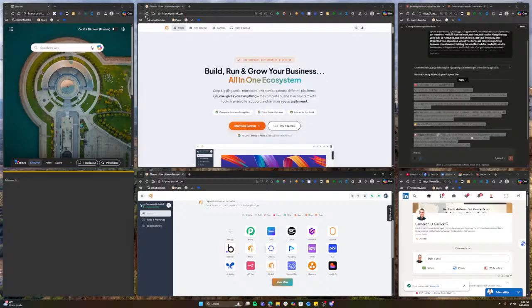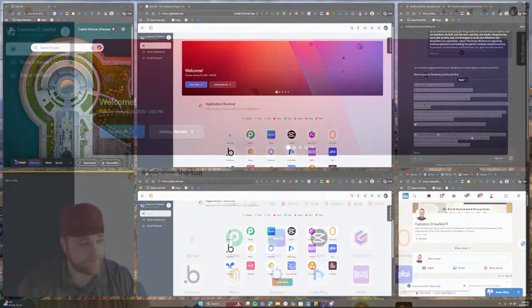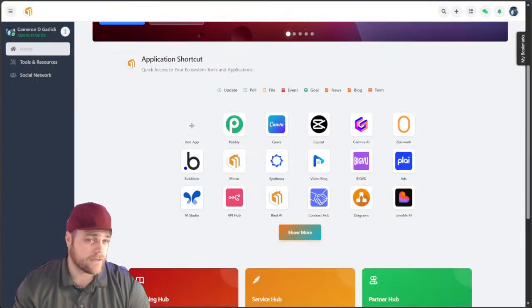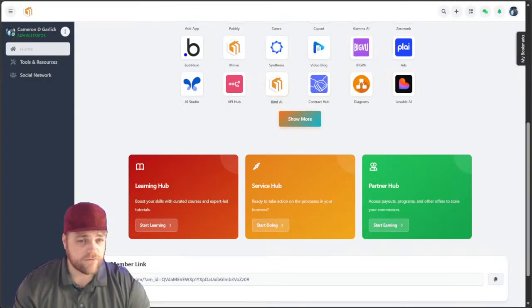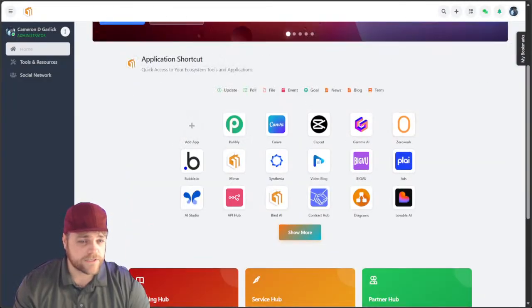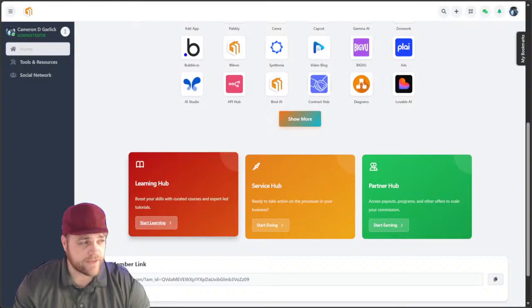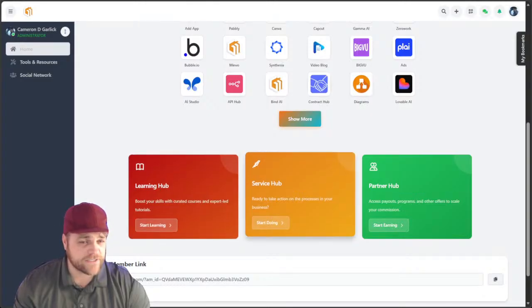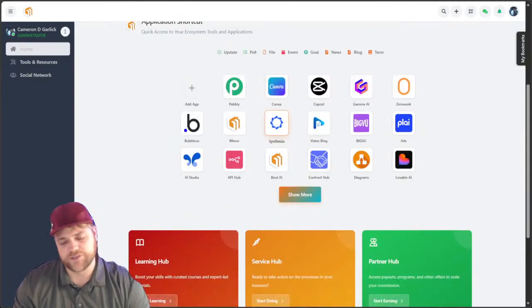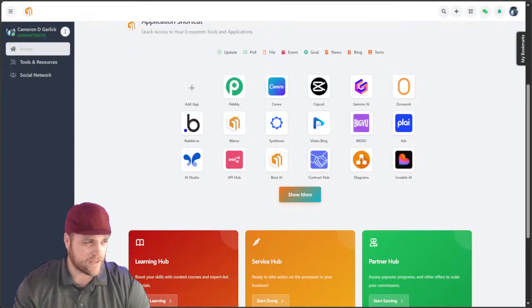So what this looks like for the close-up user, this is kind of what it looks like, okay? So I have my platform, right? I have all the things that I need. If I need to learn, I have my learning. If I need some actions done, meaning I need to delegate a task, I need to do what I need to do. And again, this will be changed. We're building a big command center that you'll be able to analyze and look over any and all operations, but we're just going to show you.